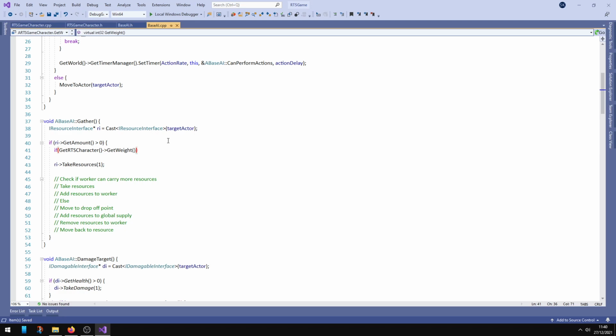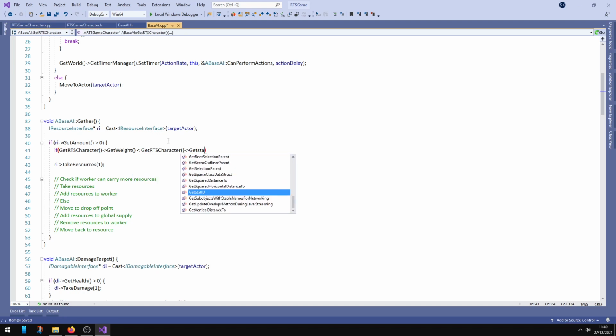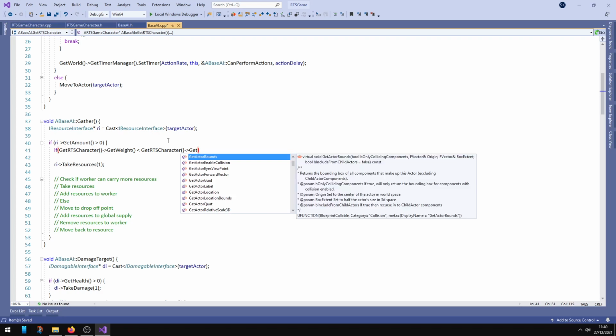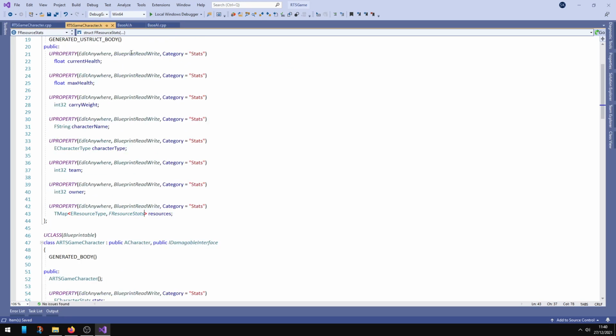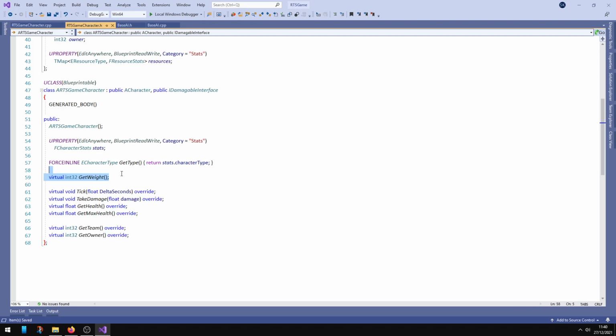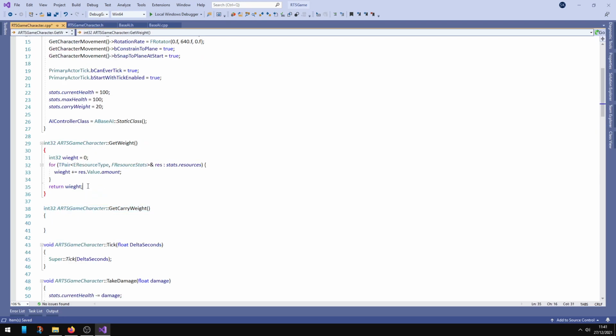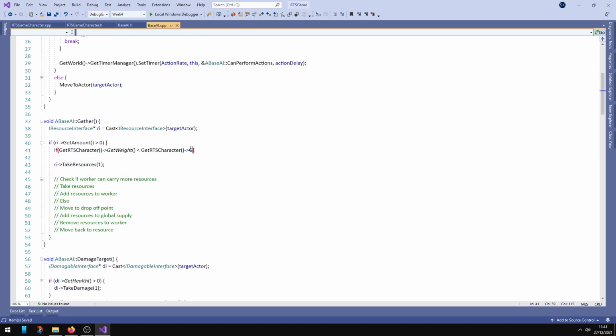What are we looking for? Less than, okay, so we need access to the stats, but we need carry weight. So we need the same premise again. This is going to be carry weight. We're going to implement that. This is literally going to return stats dot carry weight. So in here we go get carry weight. So if we have space at all,